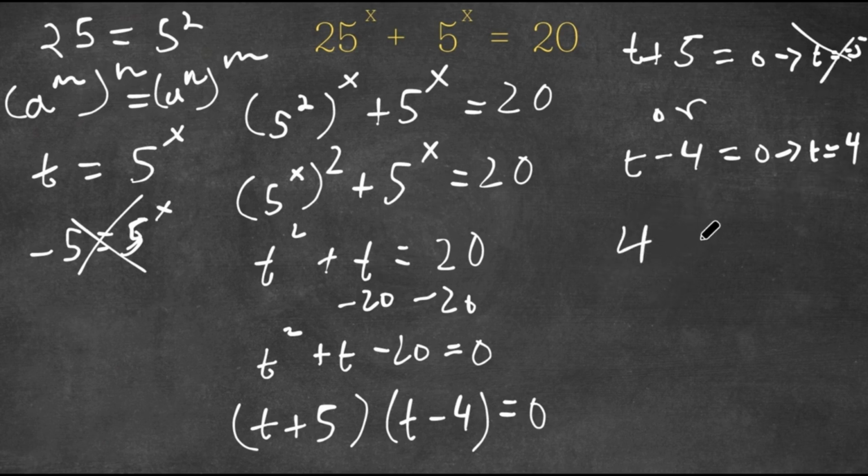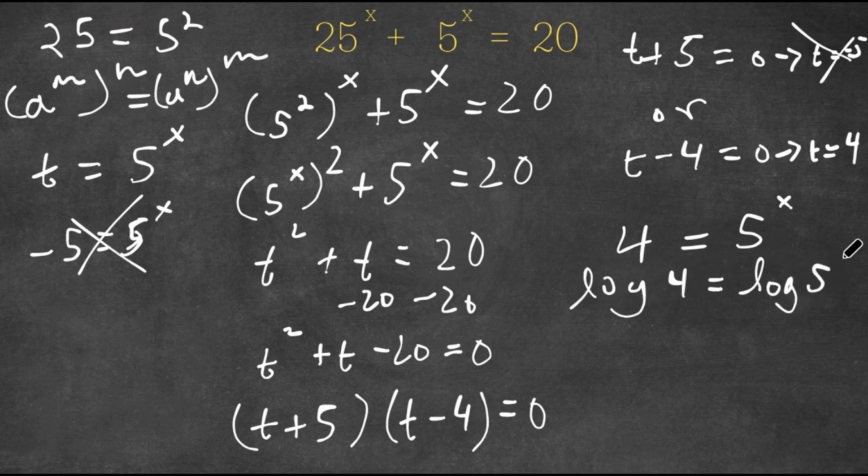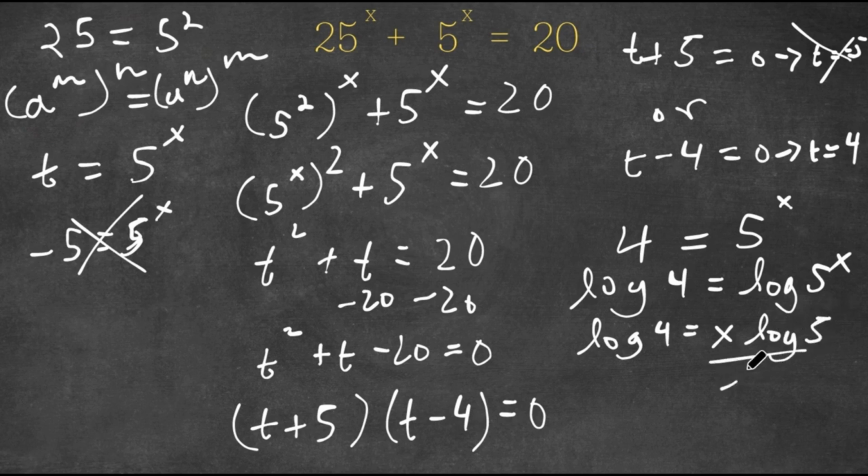So now we have 4 is equal to 5 to the power of x. Now I'm going to take the log on both sides, so I have log 4 equals log 5 to the power of x. And then this would get me to log 4 equals x times log 5. Now if I divide both sides by log 5,